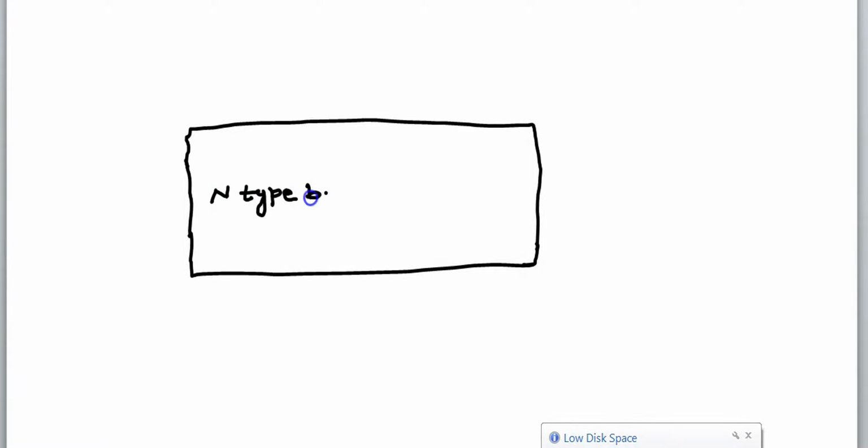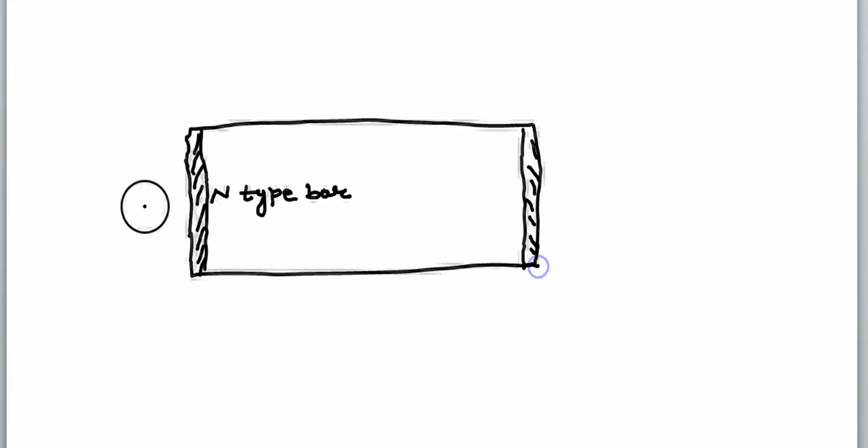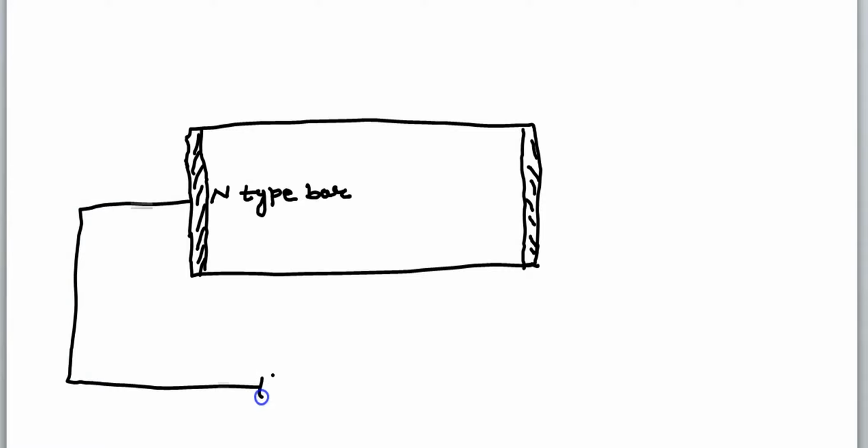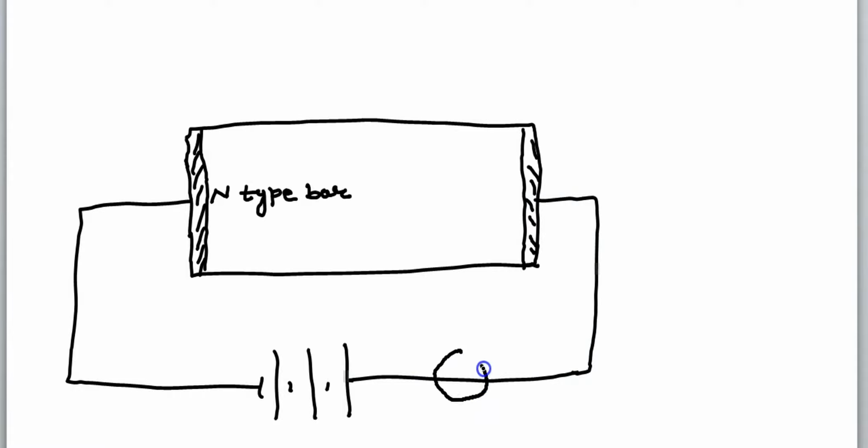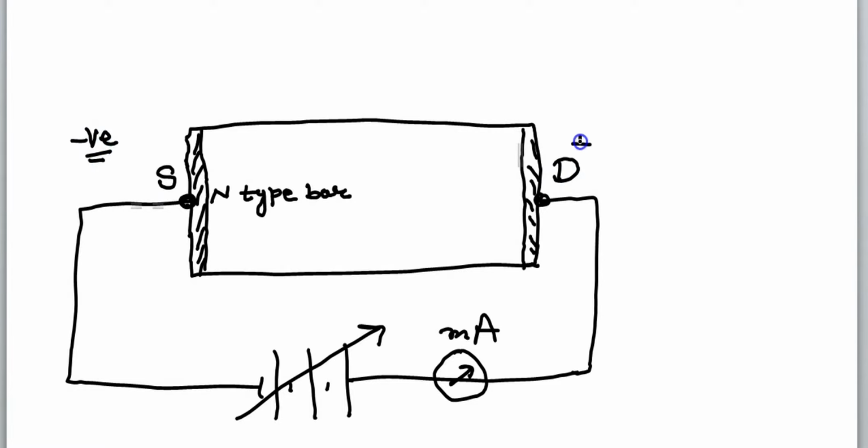Actually, we consider an N-type bar, which is the semiconductor doped with pentavalent impurities. And if a potential is applied across the bar, the end where the negative potential is connected is called the source. The end where there is a positive is called the drain. The electron will move from source to drain, and the current will be